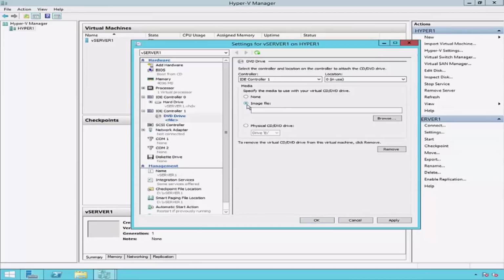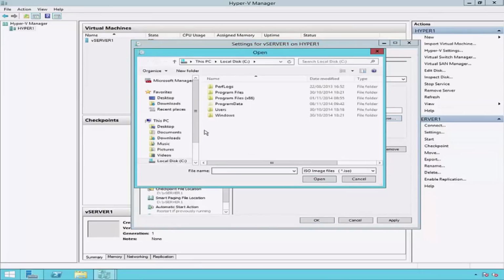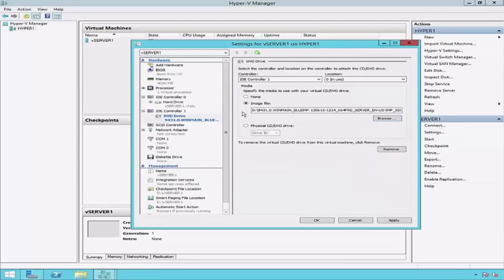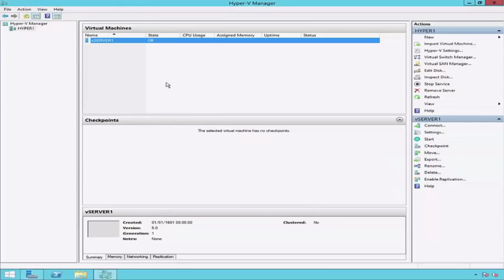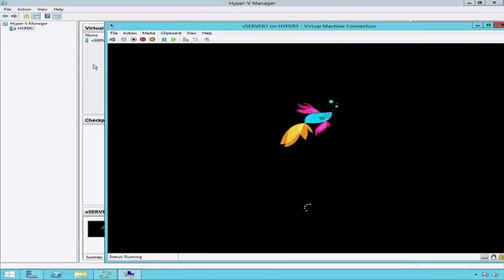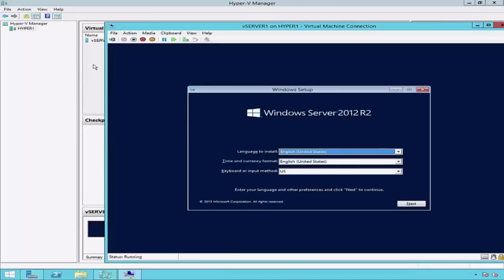I will then click the Browse button and will navigate to the ISO file I showed you earlier in my D drive. With the ISO file selected, I will accept the changes by clicking the OK button. My vServer 1 virtual machine is now able to detect and read the ISO file from the D drive of my Hyper-V host server. If I start the virtual machine, the ISO file will start to boot. Once booted, I can then install an operating system onto the virtual machine in much the same way as using